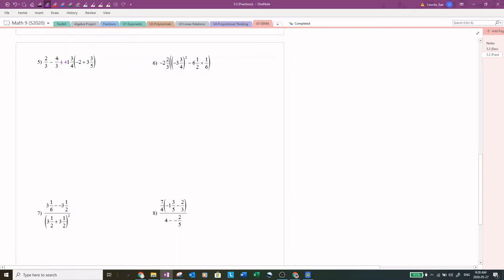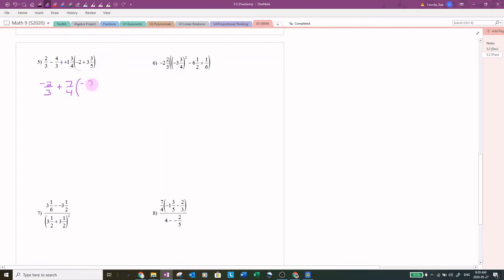So I do know there is an order of operations you're supposed to do. You're supposed to do this first and then do the multiplication and then do the addition. But I've done enough of these that I know that eventually I'm actually going to add these two together. So I'm just going to do that now and have less that I'm carrying down the page with me. So this is going to be negative 2 over 3 plus, and I'm going to change the rest of this to improper fractions. 4 times 1 is 4 plus 3, so that's 7 over 4